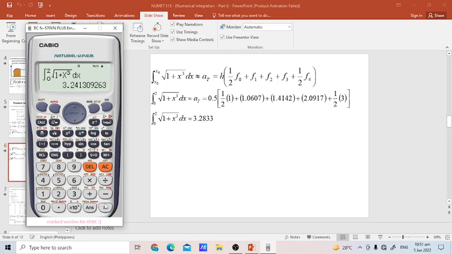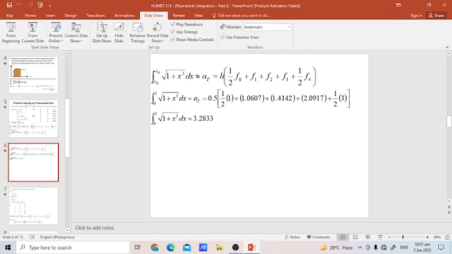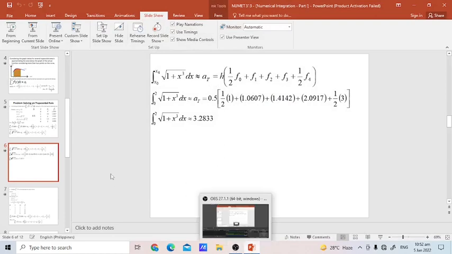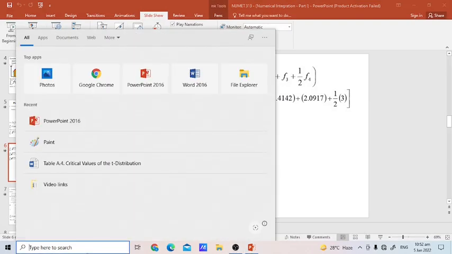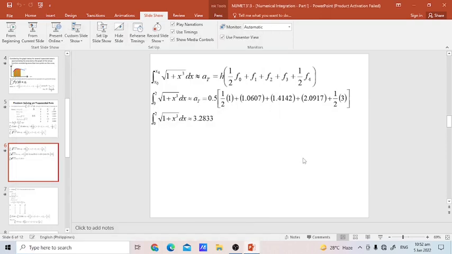We get 3.2413. So that is the exact answer. So if that's the exact answer, 3.2413,